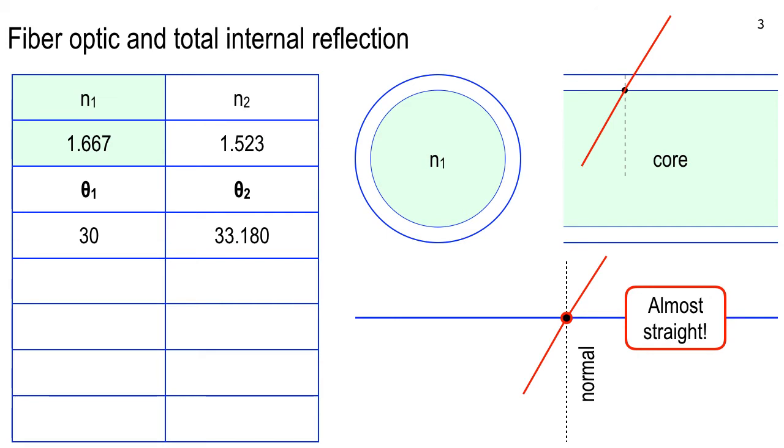So the guts of a fiber optic cable is a core indicated by light green here, surrounded by another layer